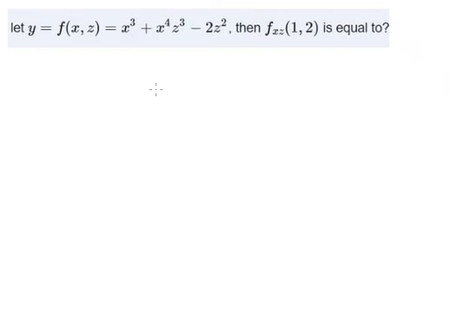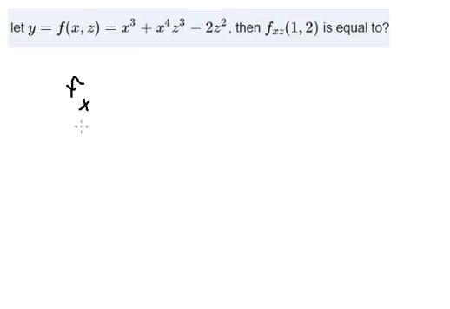Hello everybody. So today I want to talk about calculus, the topic that is about the derivative. So now I want to show you how to answer